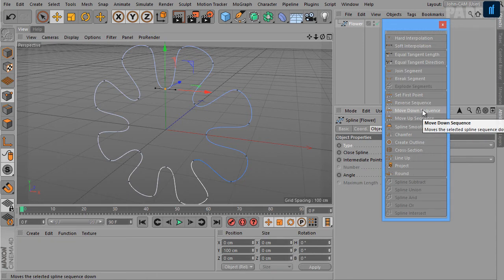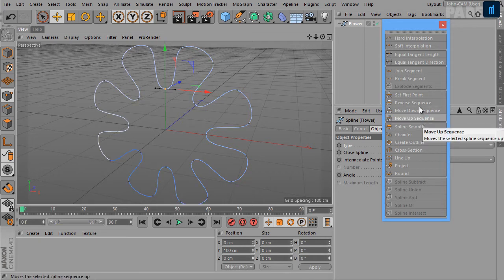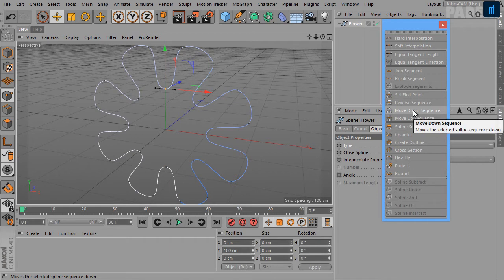When you use the move up sequence command, the sequence number of each point is decremented. And when you use the move down sequence command, the sequence number of each point is incremented, and the last point of the original sequence becomes the first point in the new sequence.